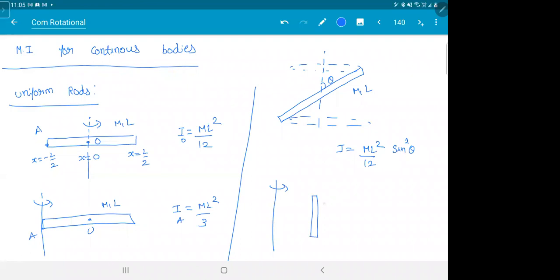So you have a rod parallel to the axis. In this case, I would be mD square. The reason, see, all are at same distance, na? D, D, D, D, D. So what is the total distance? D only. Total mass is m. So m into d square. So these are the 4 cases for the rod.